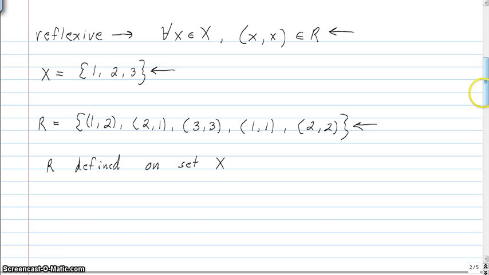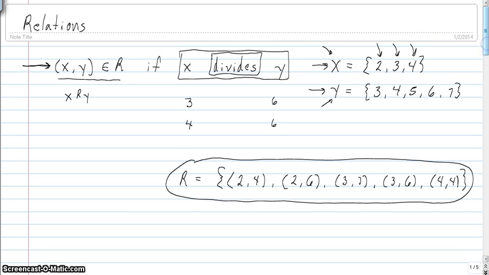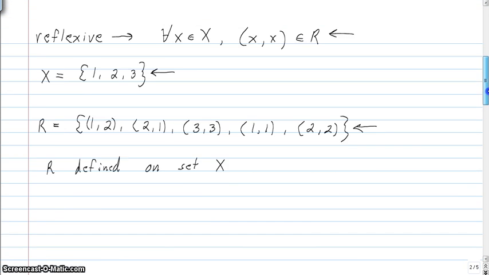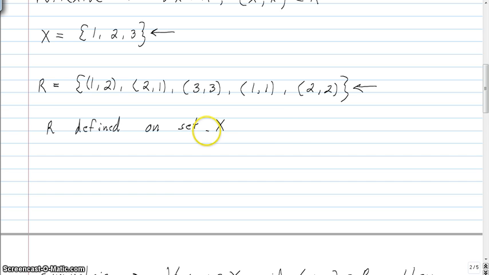Right, so what that means is that, for instance, in my first example, we had one set X, which is where our little x's had to come from, and a separate, different set Y, which is where the little y's had to come from. So if you see the relation defined just on a single set, what that means is your first set is 1, 2, 3. And rather than listing a second set Y, we just define the relation on the set X because Y is going to be the same